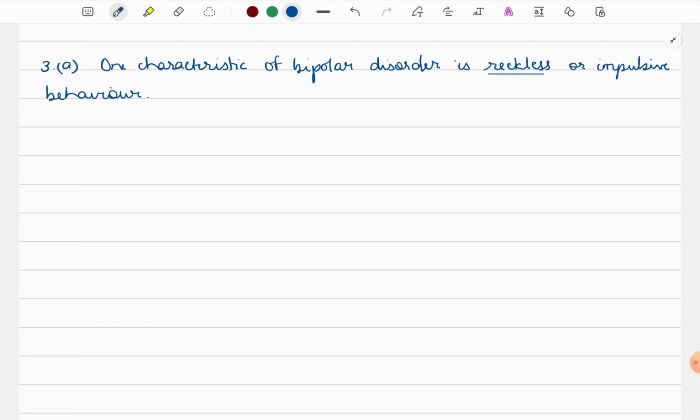Like someone would say, Asha would misbehave, Asha would act careless. That is not the terminology you're learning from the textbook. So, use correct psychological terms while answering, but again, don't introduce too many terms which you will not be able to explain. They're just distracting. Given it's just a 4 marks answer, one characteristic is just for 2 marks. Don't introduce too many terms. Be balanced. So reckless or impulsive behavior, this can cause Asha